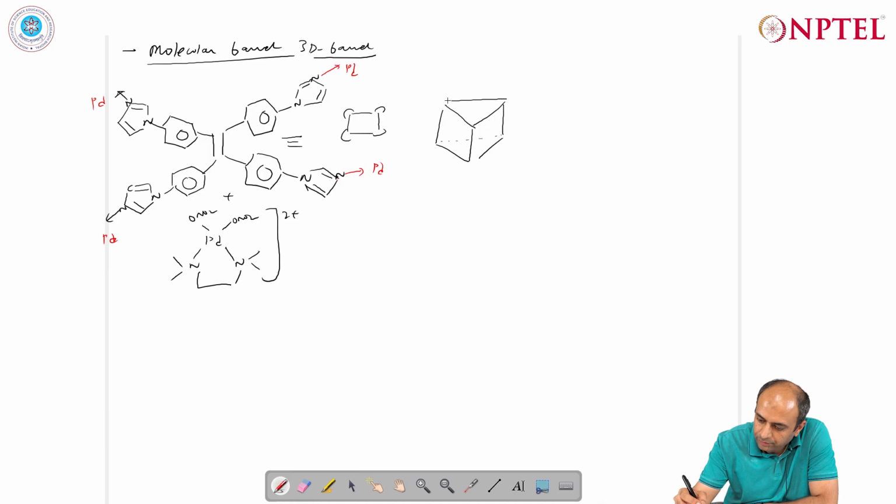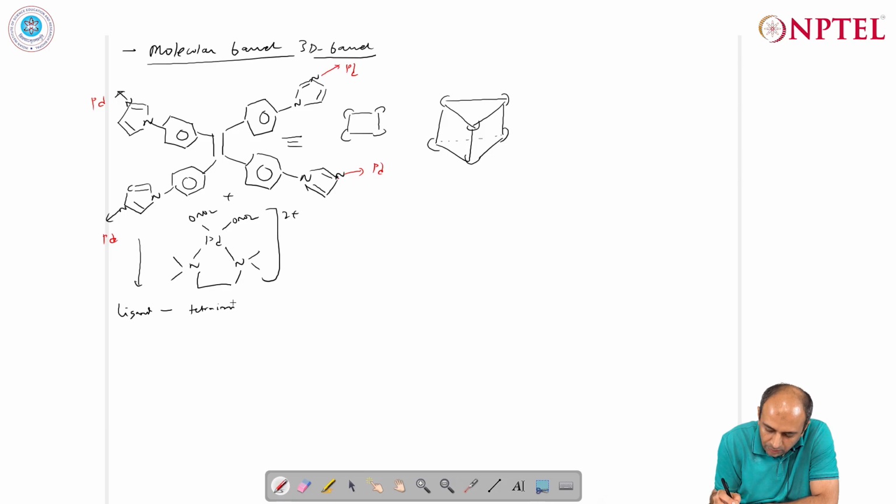So we can have 1 2 3 4 5 6. We have this particular ligand which is called the tetraimidazole based tetraphenyl